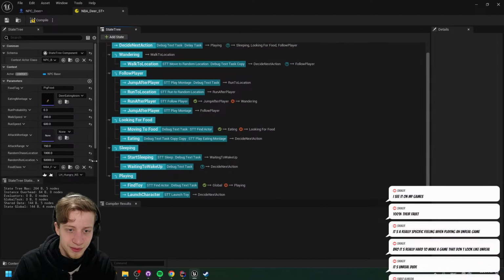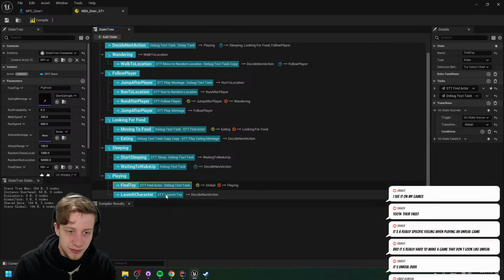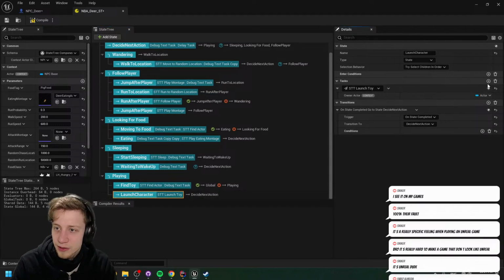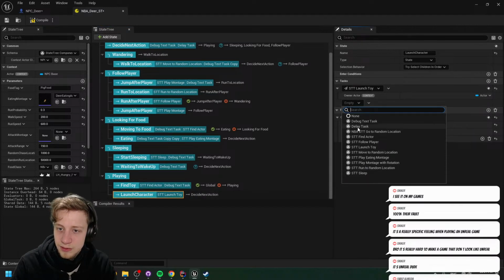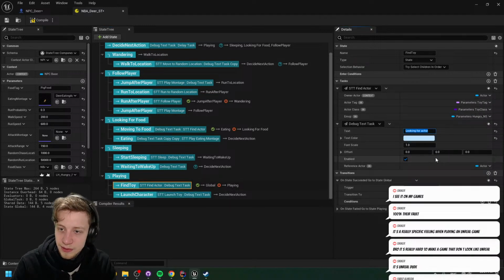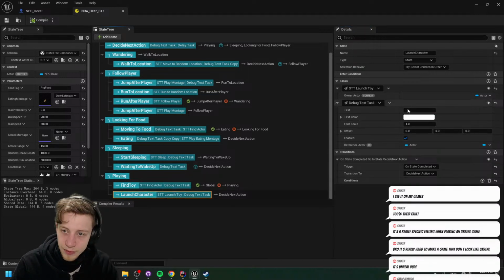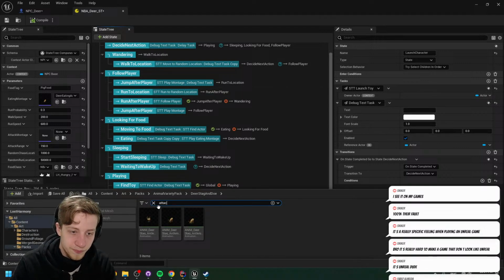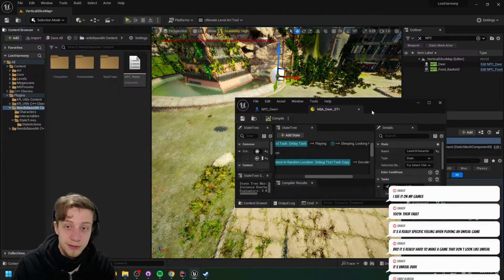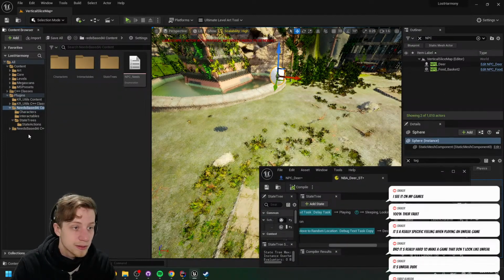Okay. So let's see. Here we are gonna launch the character. I don't think this will... Oh, we need to do the same nonsense here. We need to put a debug here. That doesn't do anything. And we gotta do the same thing here. And let's see if launch toy works correctly. I did not see any line trace, not line trace, sphere trace. So I'm guessing that's the trouble there.